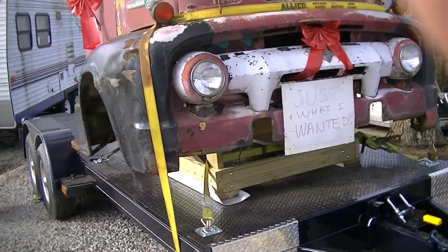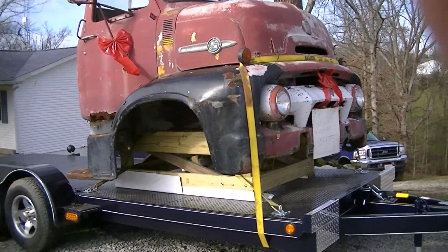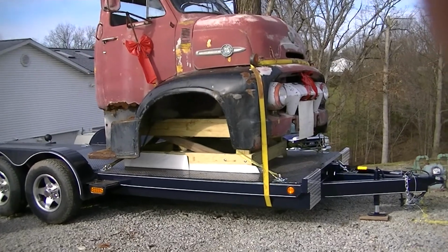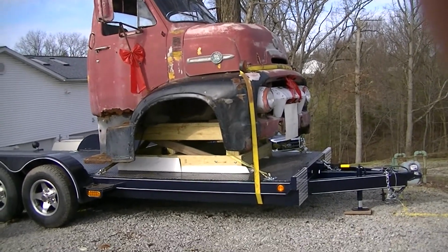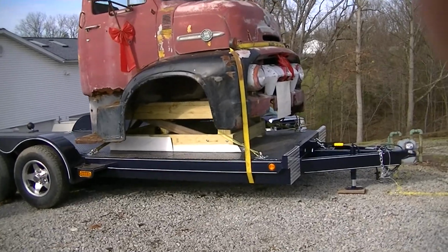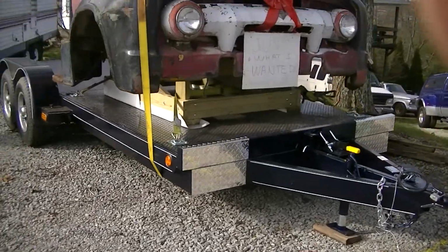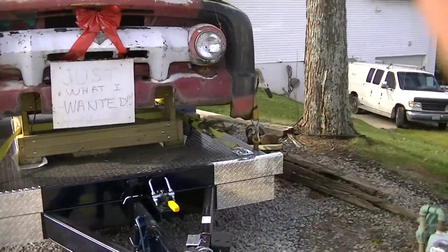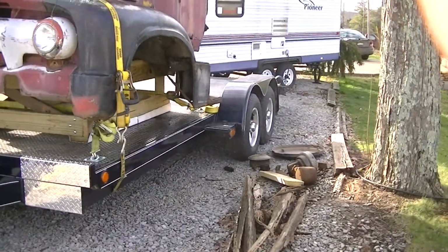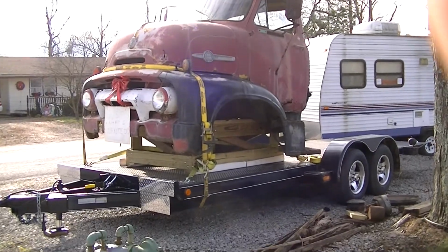This thing is going to be a real challenge. I suppose I should be thankful for being able to find it at all, but it's just not all there, as anyone can see. But I just wanted the cab. I gotta find some parts for this baby, but I've got to start. I think I got a set of doors coming from Arizona,